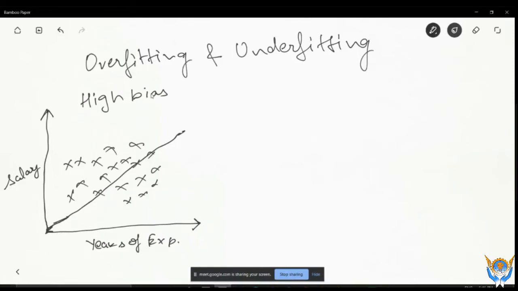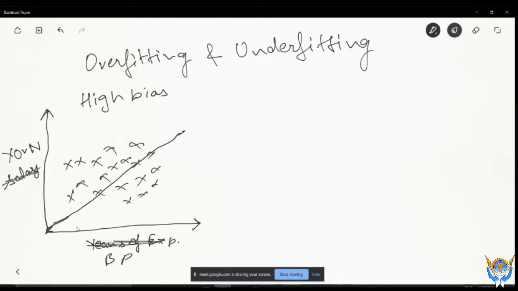So in a case of underfitting also, this thing happens. The model is highly biased. Like this is a regression problem, but you have one symptom like blood pressure, and you want to predict whether the person is having cancer or not, yes or no. So we build a model in that way that the model is highly biased. It is only going to predict yes, whether the person is having cancer or not.